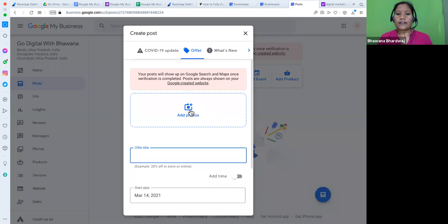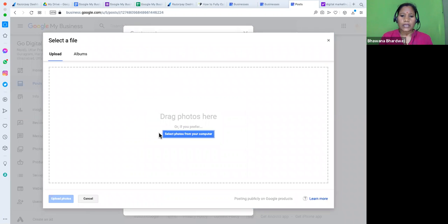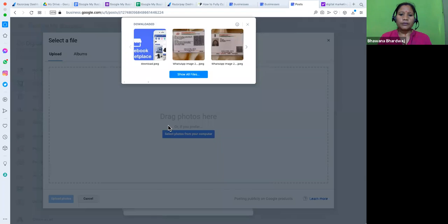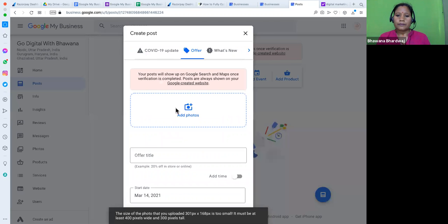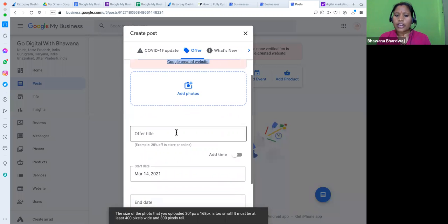You can add a photographs. So let's suppose you have an offer. I'm providing any offer on Facebook Marketplace listing. So you can just select a photograph. This should be according to these guidelines. You can have a photograph, then you can write